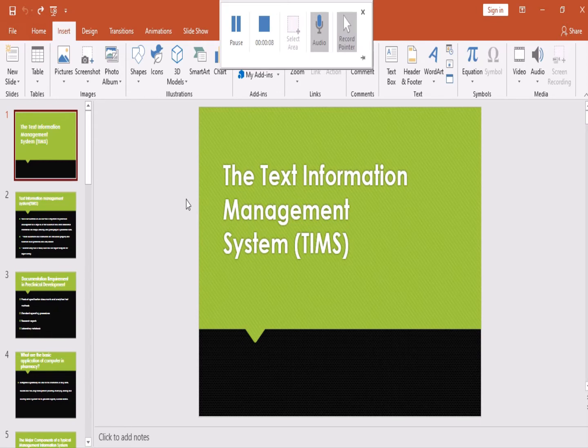In the previous class we had discussed the laboratory information management system. The information which has to be stored in the system is known as text information. It may be an image or a graphical representation or anything like that. So we will consider it as a text information management system in preclinical studies.